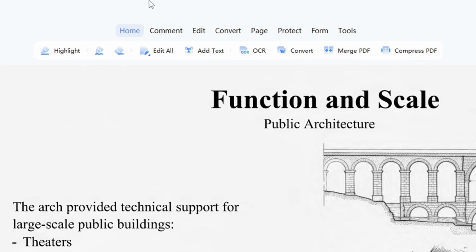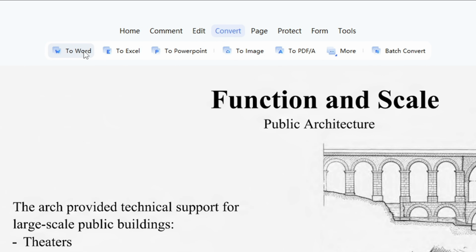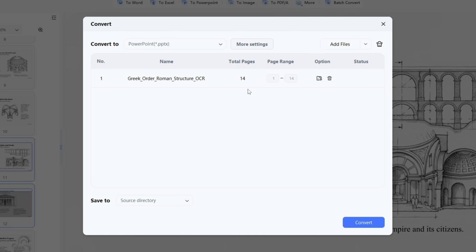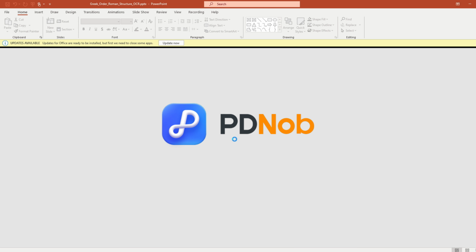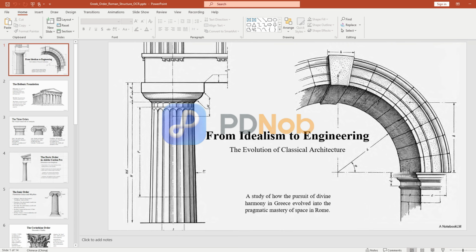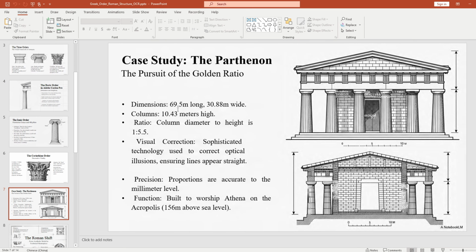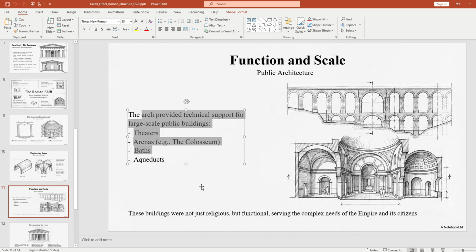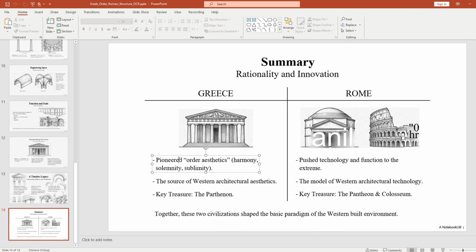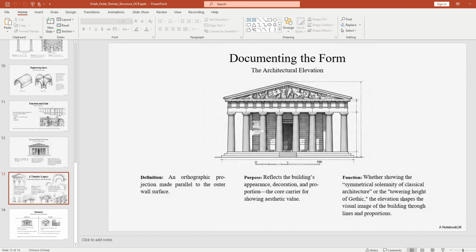Upon completion, the document can be saved as a PowerPoint file within this workflow. NotebookLM is responsible for the thought process and summarization, whereas PDNob handles the editing. Collaboratively, they transform a lengthy article into an AI-generated summary, and then into a presentation that is ready for use. If your objective is to convert documents into editable PowerPoint files as efficiently as possible, this combination ensures a smooth